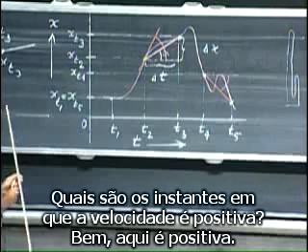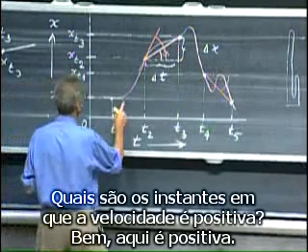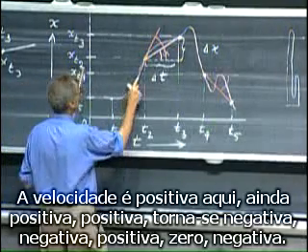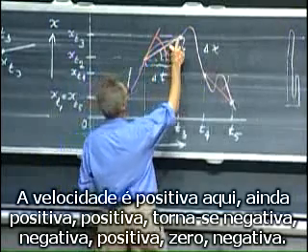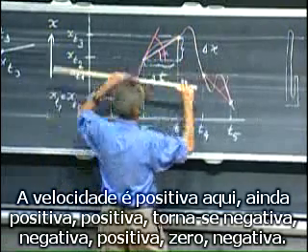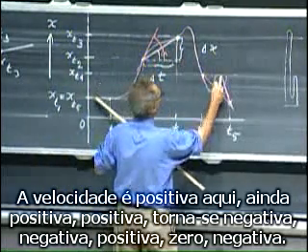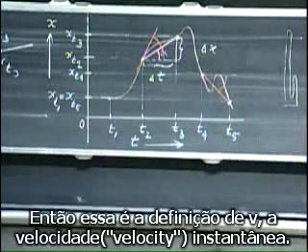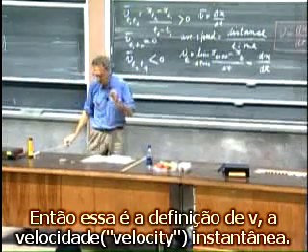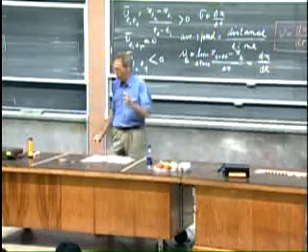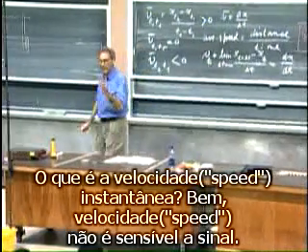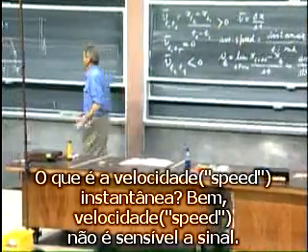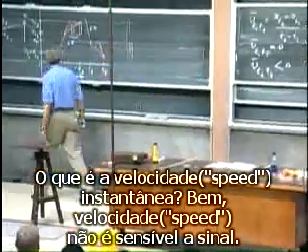What are the times that the velocity is positive? Well, it's positive here. Velocity is positive here. Still positive, positive becomes negative. Negative, positive, 0, negative. So that's the definition of the instantaneous velocity. What is the instantaneous speed? Well, speed is not